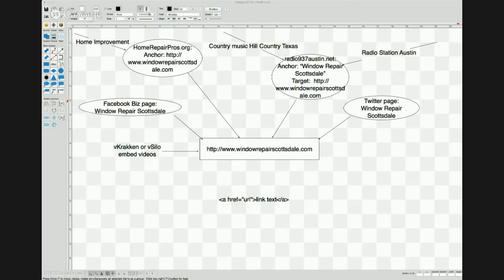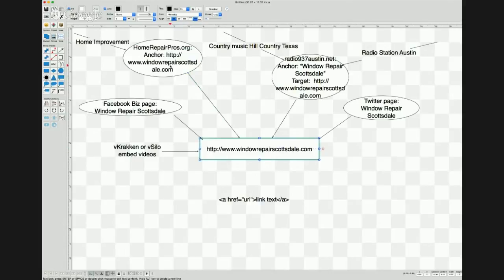Fl1Tch says, I'm new to SEO. What's a PBN? What do they do? Okay, so back over here on this diagram, which I know you've been seeing this whole time, I just clicked back over because I was reading questions. A PBN site is essentially a website that we own and operate for the purposes of getting links back to our money site. The money site is the thing we're trying to rank. A PBN site is something we use to point links back to the money site to get it to rank.